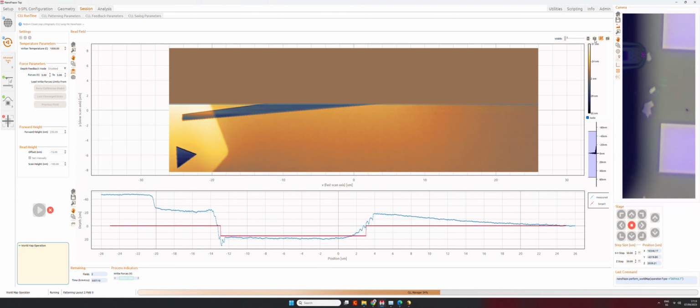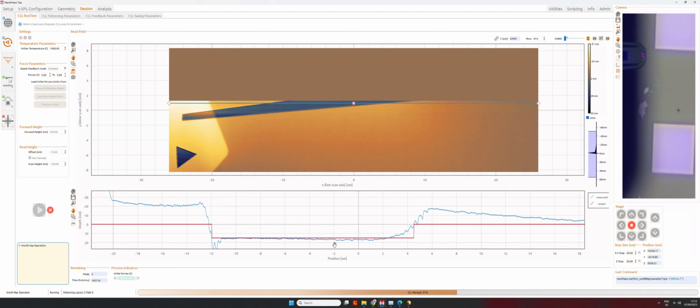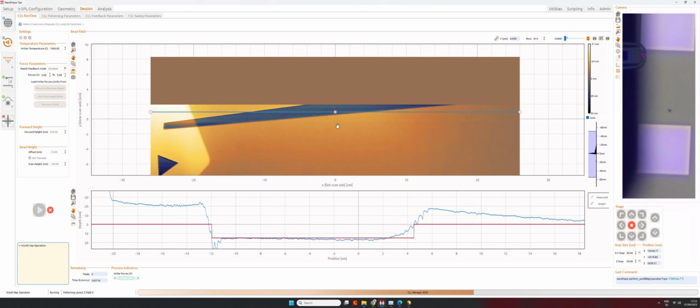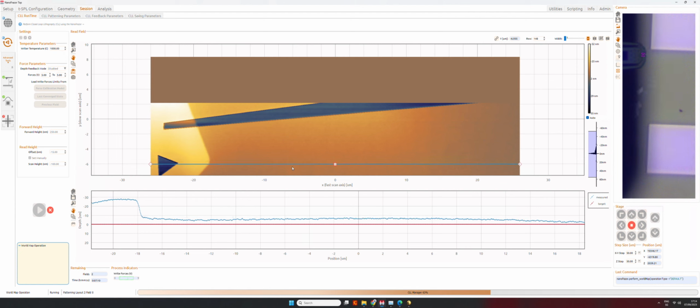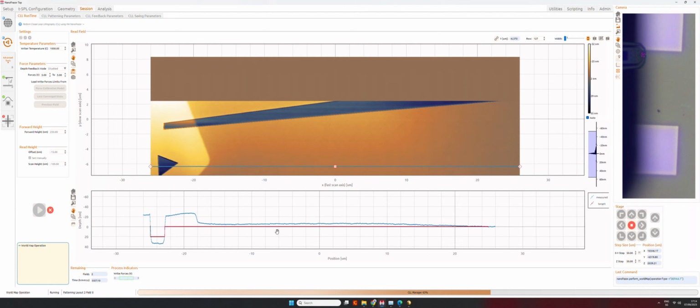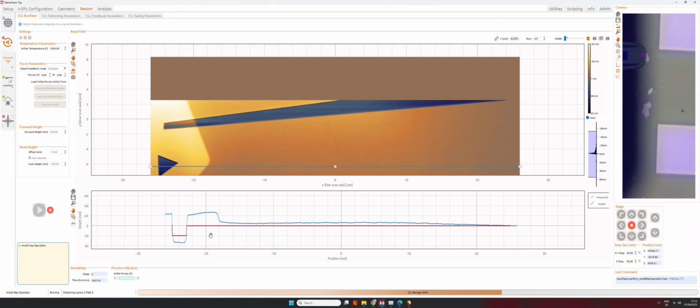So we see now we're patterning quite okay. We have a depth of around 20-30 nanometers. So actually a little bit more.